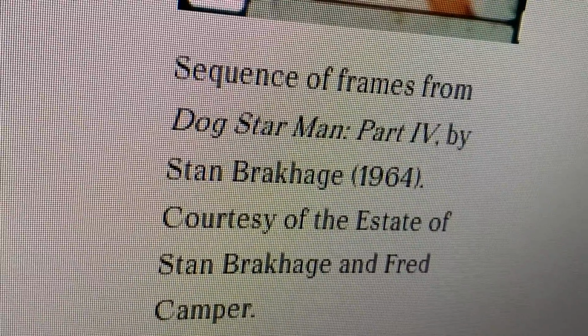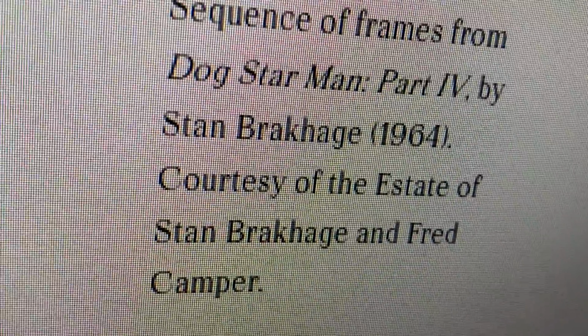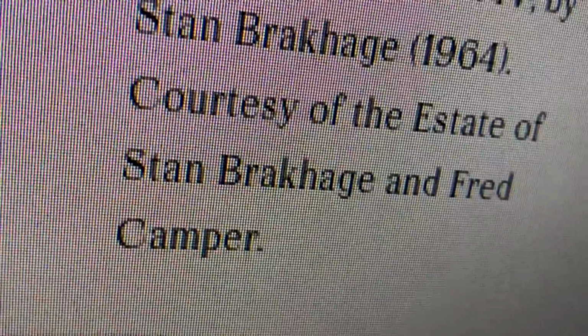So what we're looking at is a sequence of frames from the film Dog Star Man by Stan Brakhage. I don't know whether my videotaping this image is a violation of copyright restrictions or not. But if you scroll down, you'll see that it says sequence of frames from Dog Star Man Part 4 by Stan Brakhage, 1964, the same year in which I was born, courtesy of the estate of Stan Brakhage and Fred